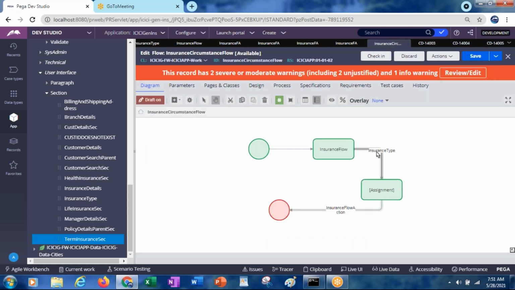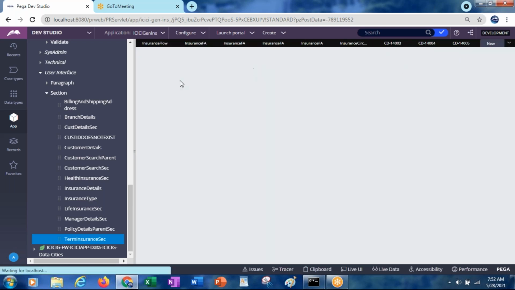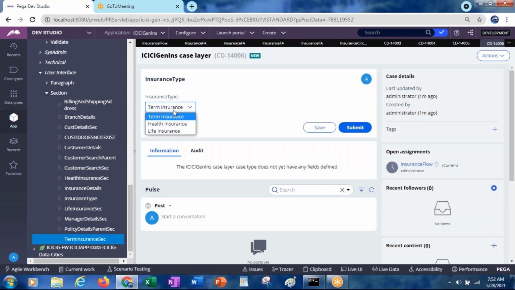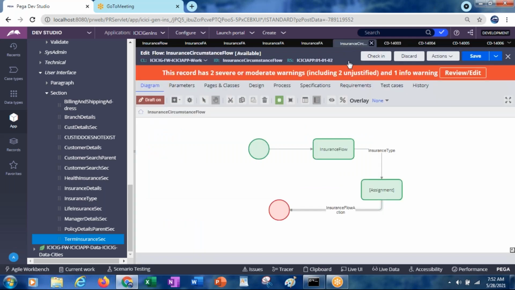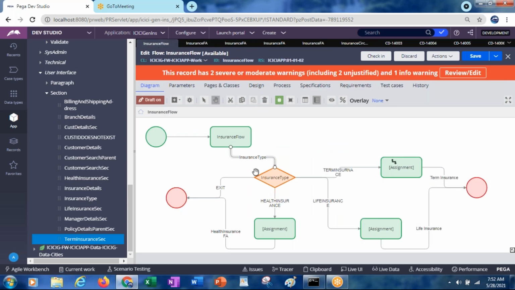Earlier, after this first insurance type fluctuation, we have selected the insurance type, what exactly it is, right? So from this drop down, we are selecting what kind of insurance policy holder details you want to enter. And after selecting that, we had a decision tree. Where is the flow? Insurance flow. Okay, see, we had this decision tree, and after having this decision tree, we had that many connectors. They are the flow actions. So for each and every flow action, we used to select that respective flow action.